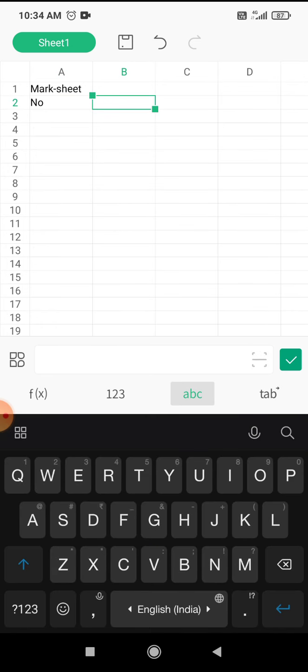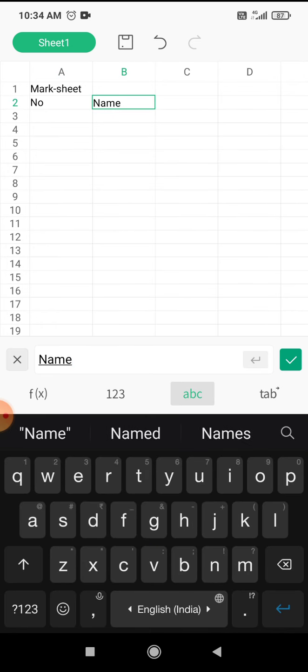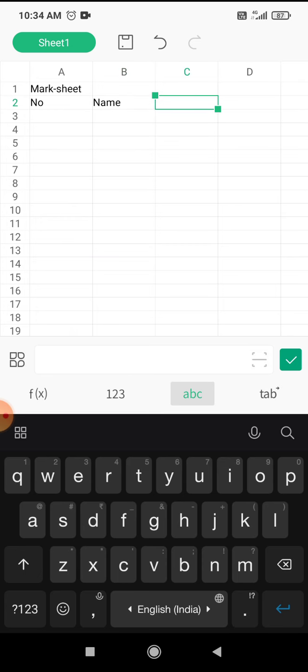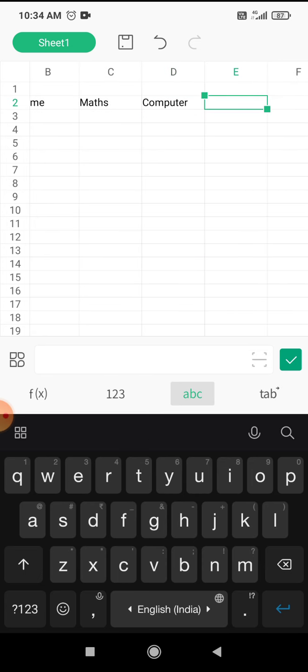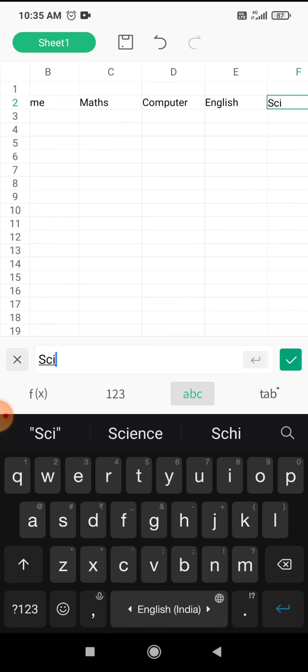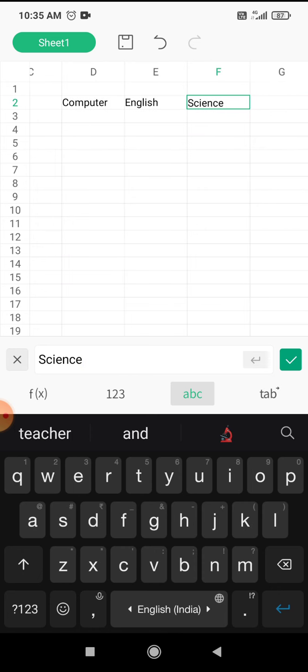Next which is name. Right now I am taking here 4 subjects: maths, computer, English, science.